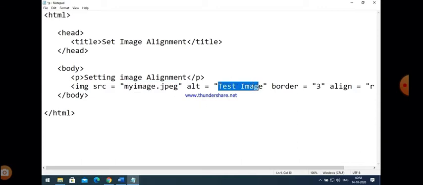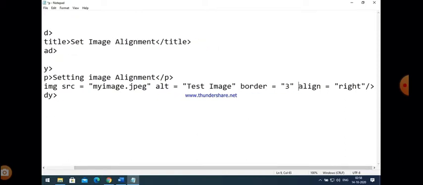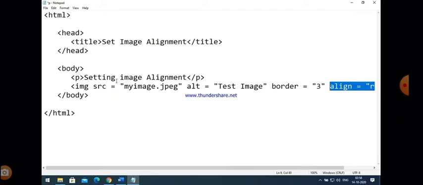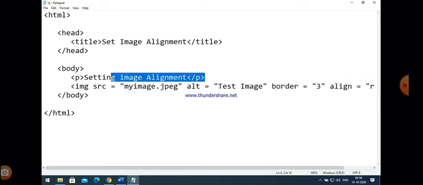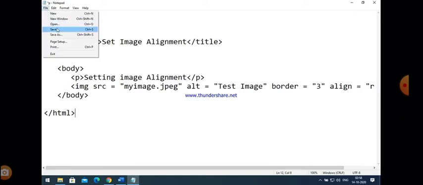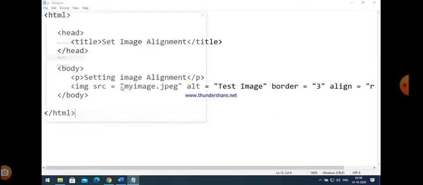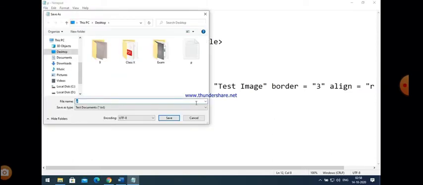As far as location is concerned, the location of the source code and the image are both the same. So align is equal to right, border is equal to 3. Always remember that by default alignment is left alignment.